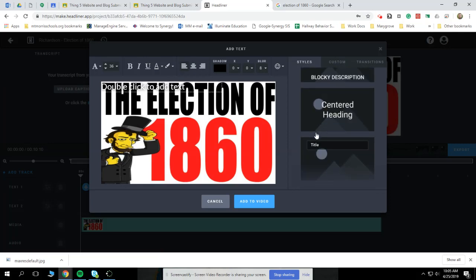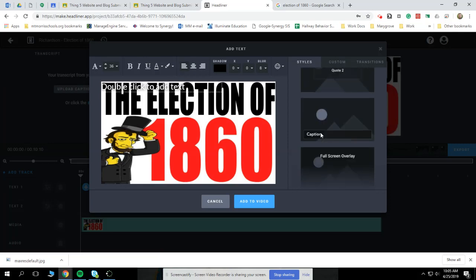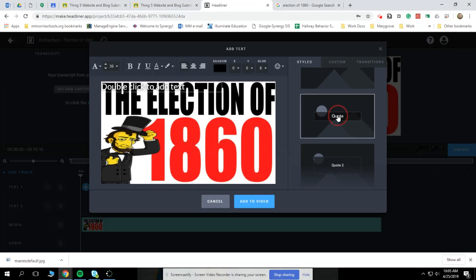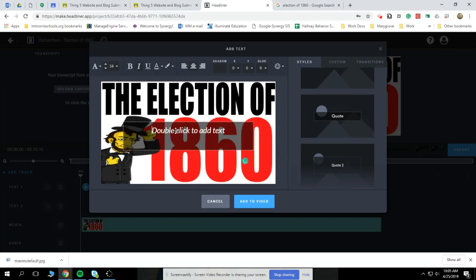Okay. What I am going to do is choose something that looks good based on the picture in the background. All right. So, for me, I'm going to do this because it's got a little bit of a darker background so you'll be able to see my text. Like it says, double click to add text. And I'll just say something like, to introduce the election of 1860, I'll say something like the election of 1860